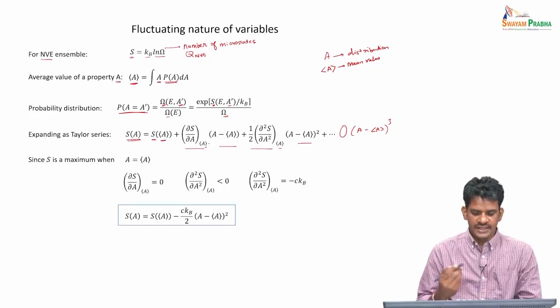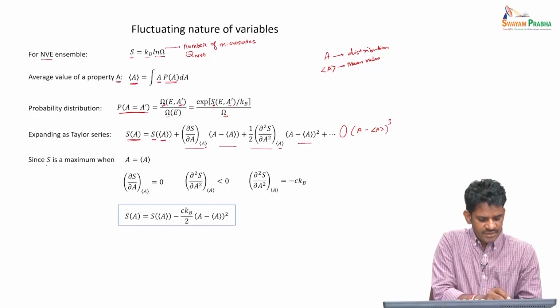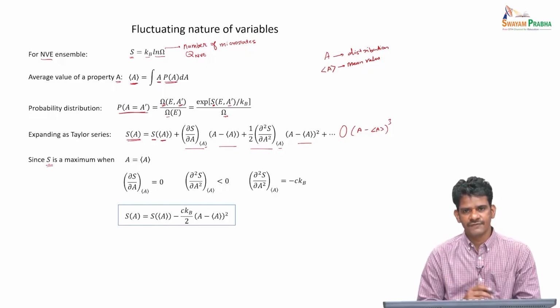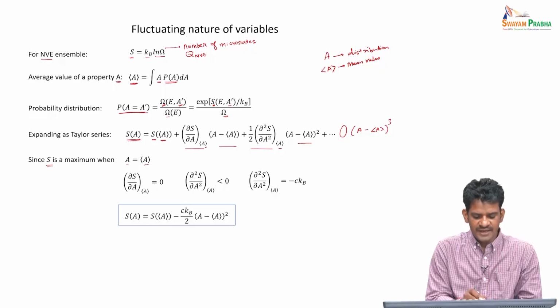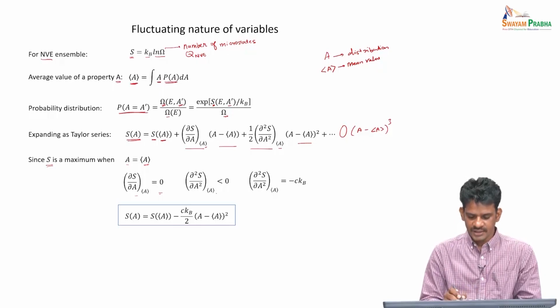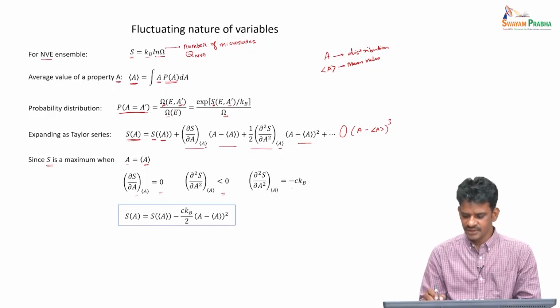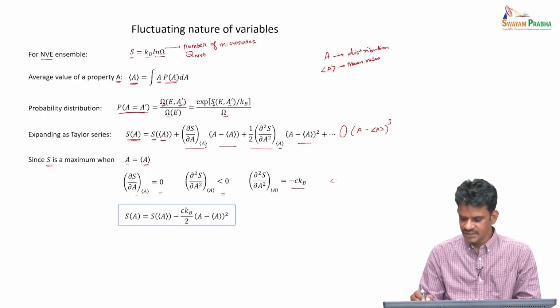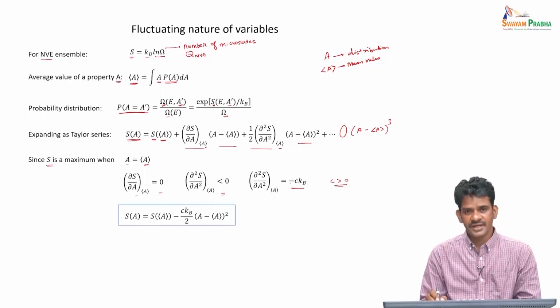And we know that when the system is at equilibrium, this S has to be at its maximum value. That's the definition of equilibration or the equilibrium condition. So, that means when A is equal to the mean value of A, the first derivative goes to 0 because the entropy is maximum, and the second derivative must be negative. So, this negative we write with a certain parameter, minus C K B. Here C is a positive constant, K B is the Boltzmann constant, they both are positive. That is why we put a negative sign here, so that the second derivative is negative, and the entropy goes through a maximum at A equal to the mean value of A.